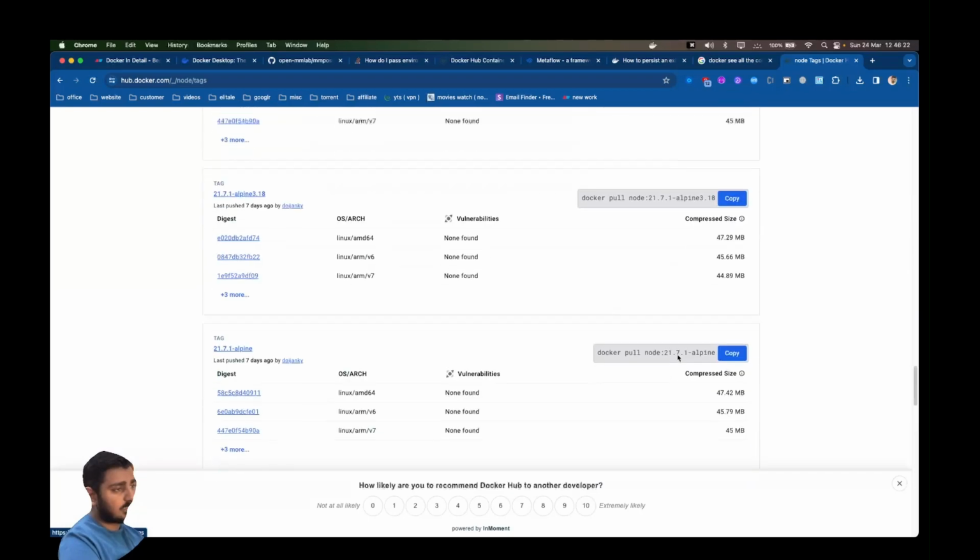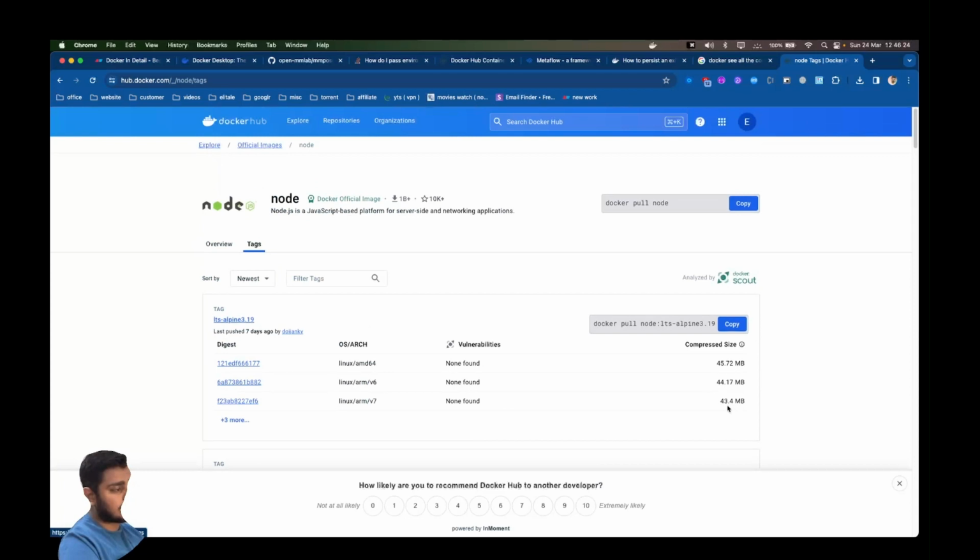So the best you can find is Alpine. I am using ARM, so it is going to be around 45 MBs. And yeah,